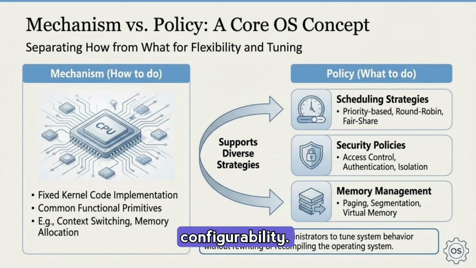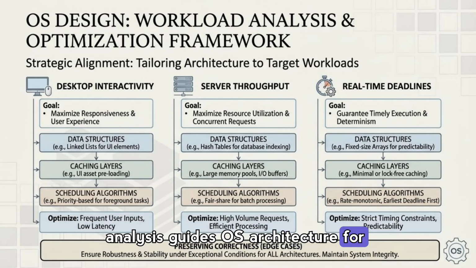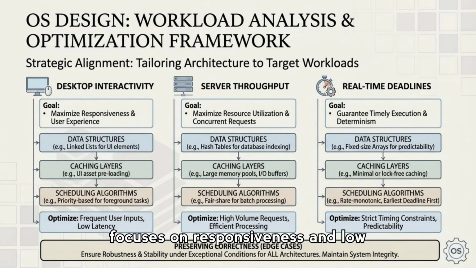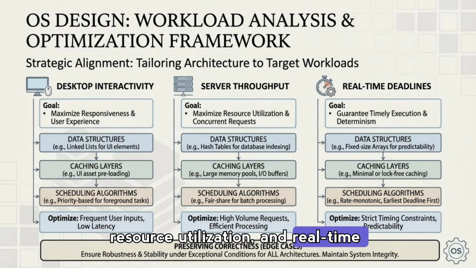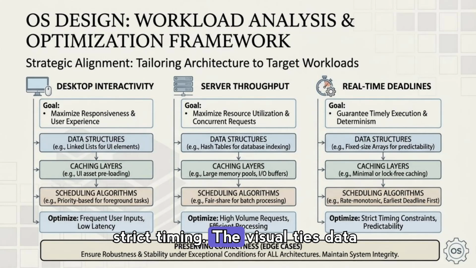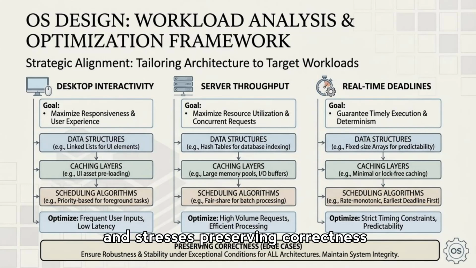practical configurability. This slide shows how workload analysis guides OS architecture for different goals. Desktop interactivity focuses on responsiveness and low latency, server throughput emphasizes efficient batching and resource utilization, and real-time systems require predictability and strict timing. The visual ties data structures, caching layers, and scheduling algorithms to each goal and stresses preserving